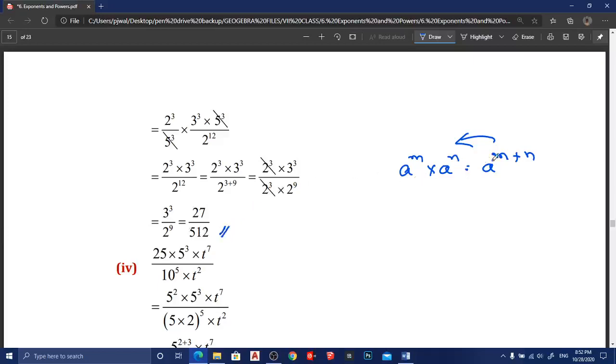So here you may have to use the formulas in reverse form also. Sometimes you have to use the formulas in reverse form also. That's why you have to remember these formulas on both sides. a to the power of m into a to the power of n is equal to a to the power of m plus n. You have to remember that a to the power of m plus n is nothing but equal to a to the power of m into a to the power of n. Like this also you have to apply that formula. In this case, you are applying in reverse format. Okay.